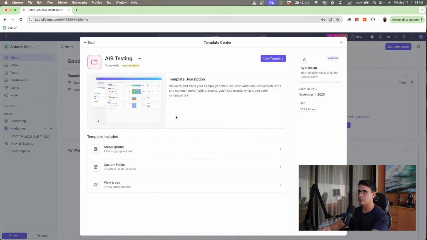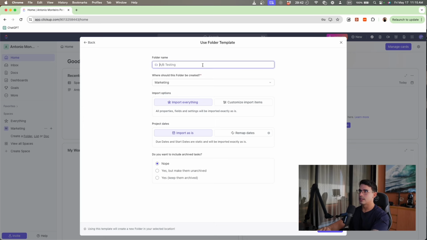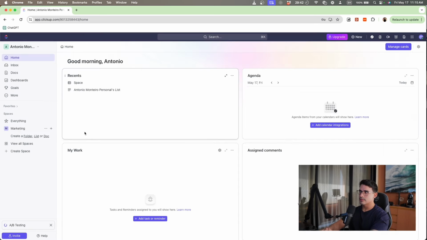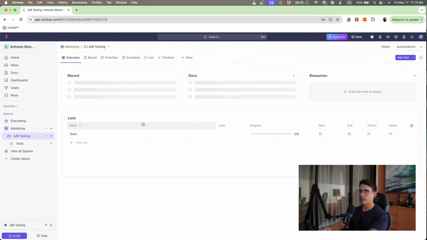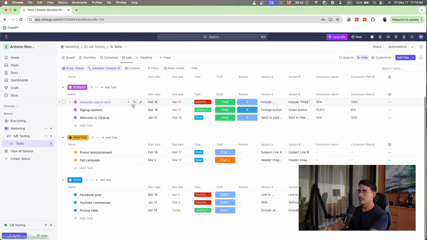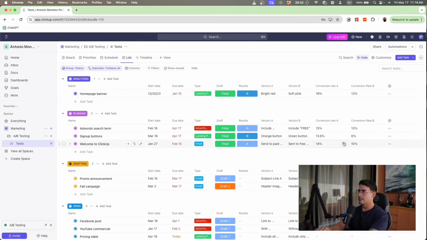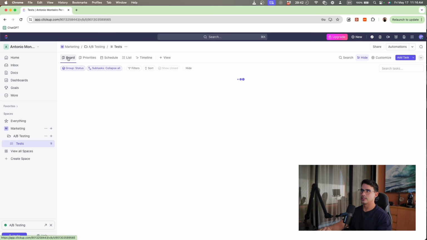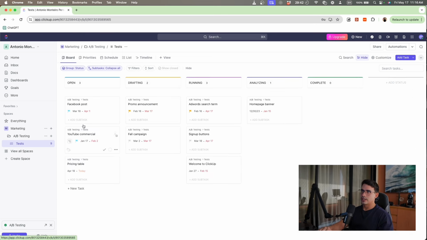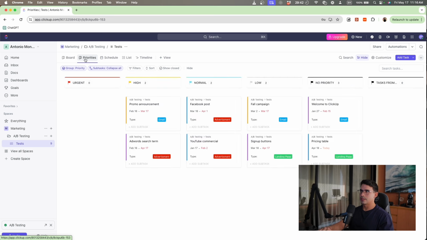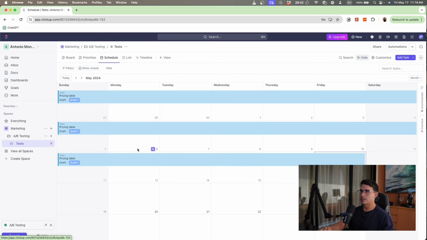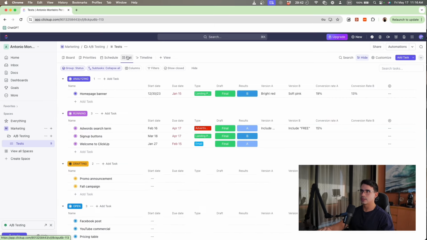use cases. So let's say, for example, you have an A/B testing folder, and then you just put A/B testing. Basically when you create from a template, it takes a little bit, but it's going to show you a good way to organize it already, right? And then it can show you the conversion rates, and as you can see, there is a board view where it shows all the requests and the priorities, where it's filtering based on the priorities of the requests, the schedule showing the tasks that you're going to be doing, the lists.